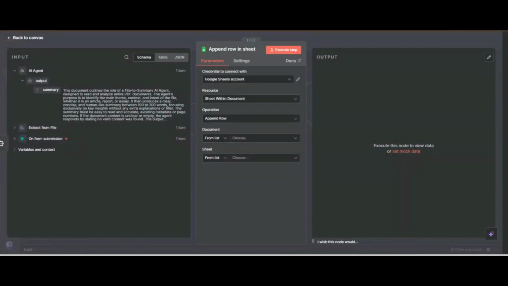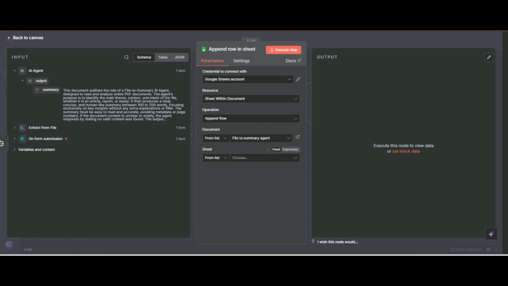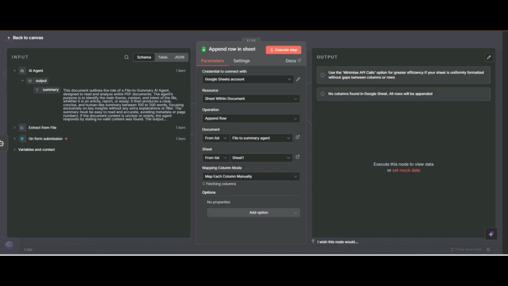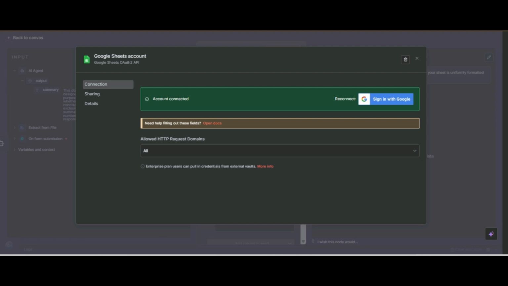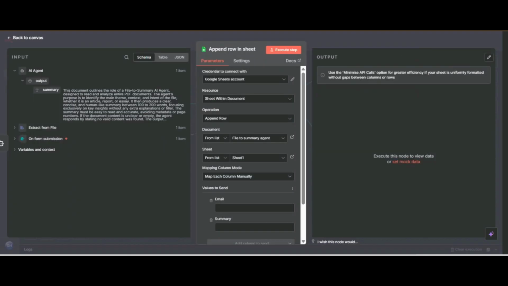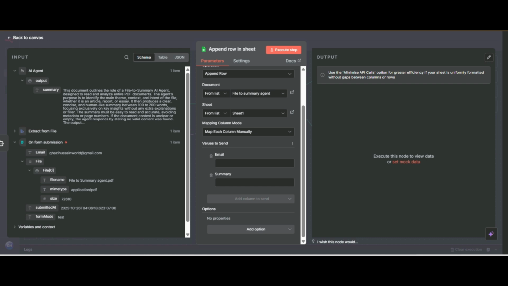I have connected it. I have also told you how you can connect your Google Sheets account. If you don't have it, click on the plus icon and sign in with Google, and your account will be attached.